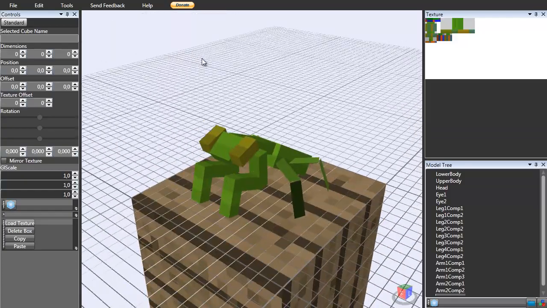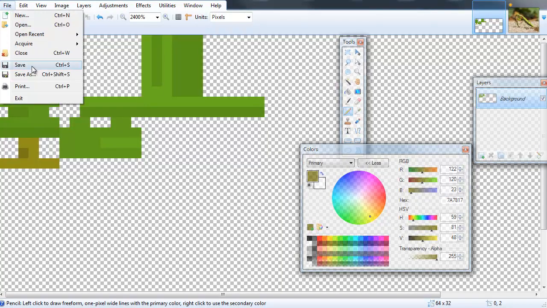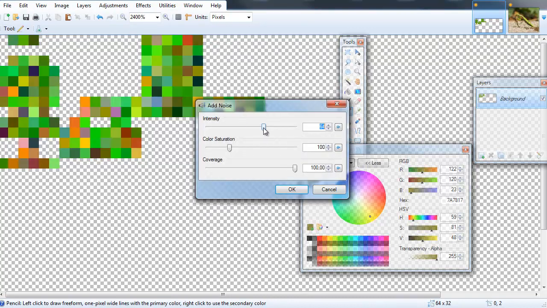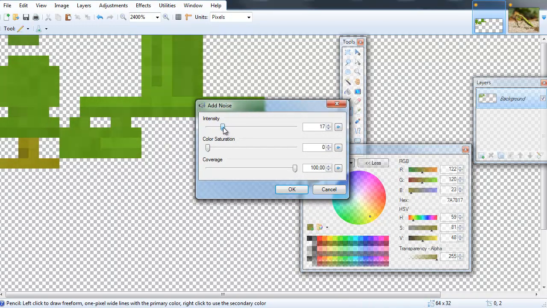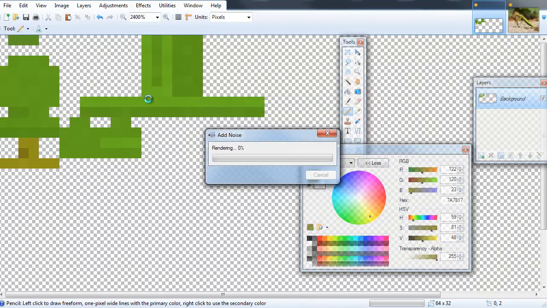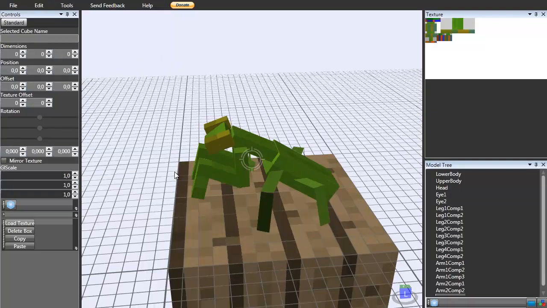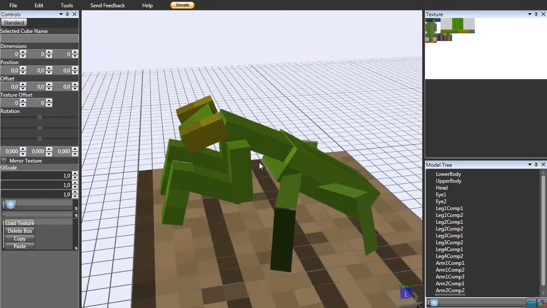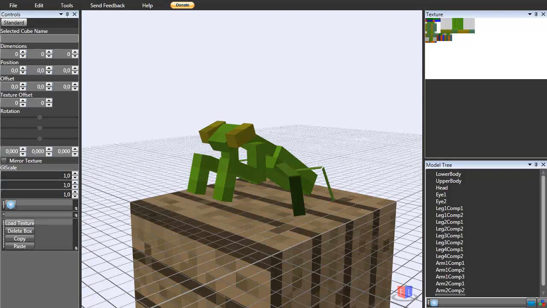Oh wait, maybe I can show you one more thing. Something that you can do if you think your texture is too simple. Let's just save it. Effects, noise, add noise. Okay, that's weird. Color saturation to 0. A little bit of this, because this is something that I think Notch did in his texturing. Make a little bit of color pattern in there, then save it. Well, you don't see it very well actually. Even if I scale it, you don't see it really. So in this model, that wouldn't be particularly useful, but in bigger models, it might